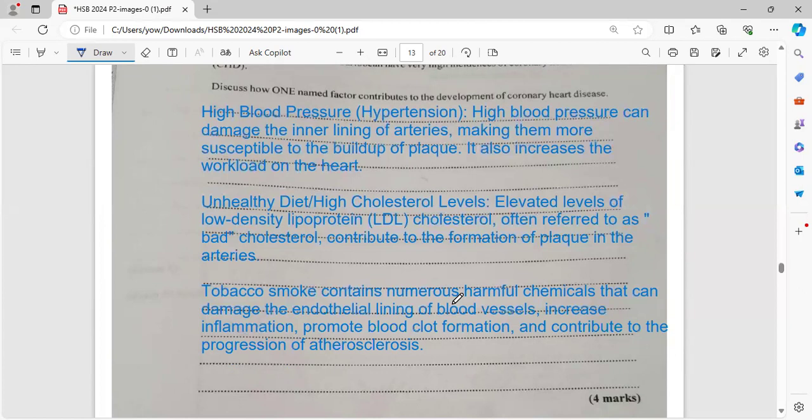Tobacco, marijuana, cigarette, vaping, all of them would have specific chemicals that would contribute to the damage of the lining of the blood vessel, right? So you can write endothelial, right? Remember we're talking about